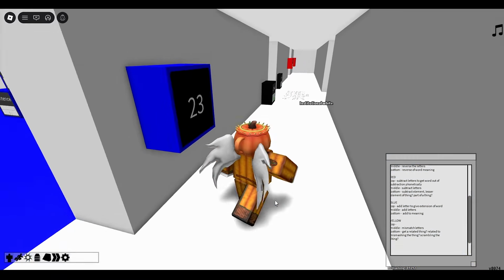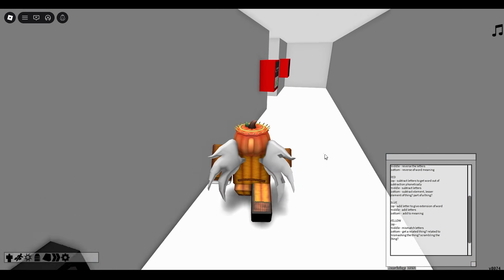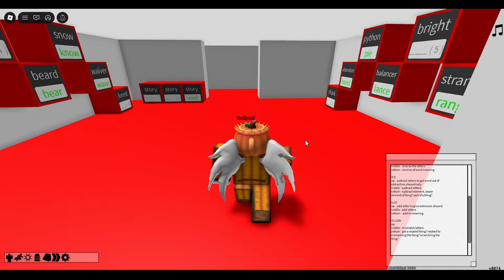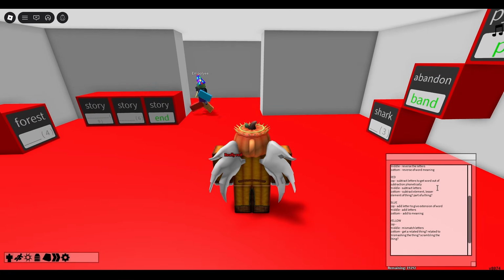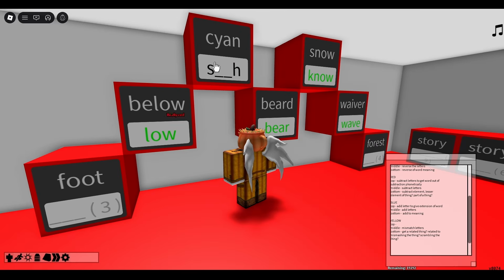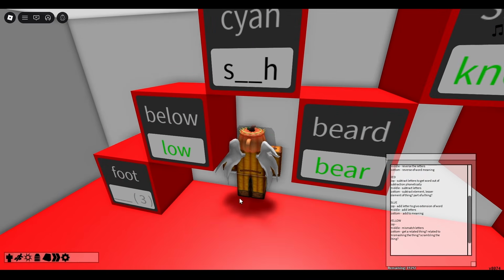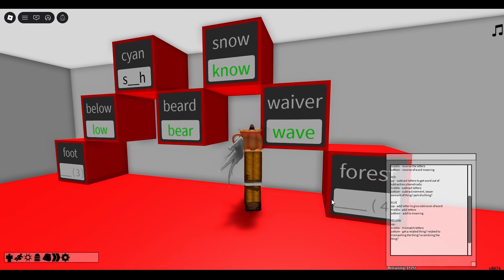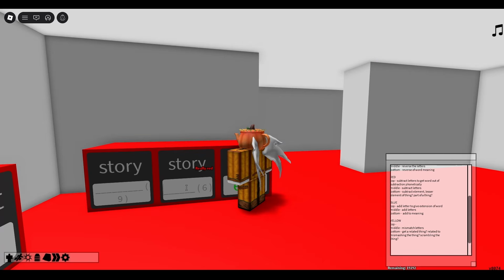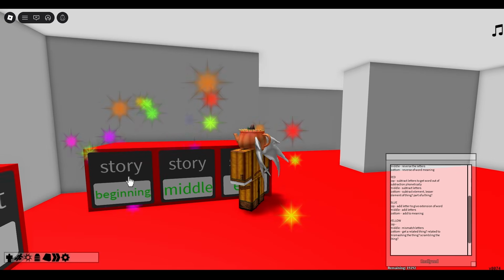Let's go back to red, actually, because I nearly finished that. I just didn't have the knowledge that you had to subtract letters to get a word out of subtraction phonetically. See a what? That doesn't... You can't get S underscore underscore H out of C it. Or maybe it's C? Subtract lesser elements, so that would be like tree, yeah. Middle? And then beginning. So the three parts of a